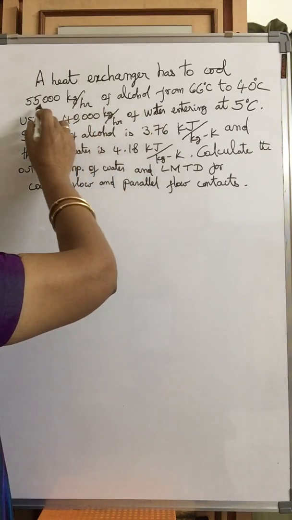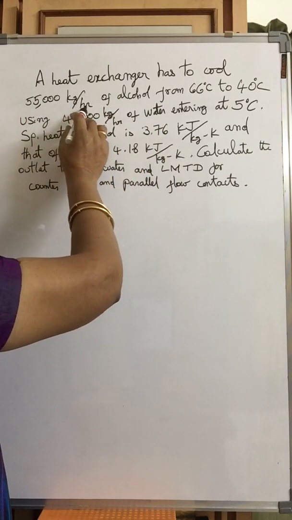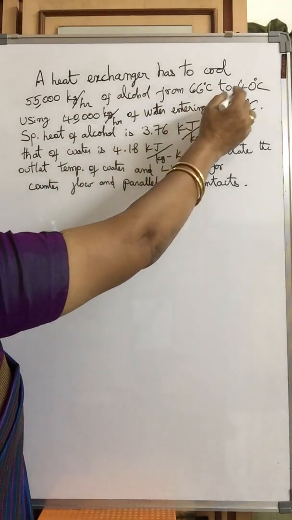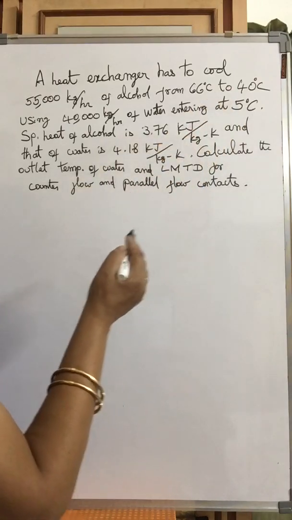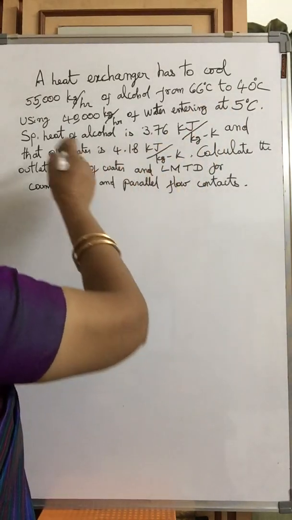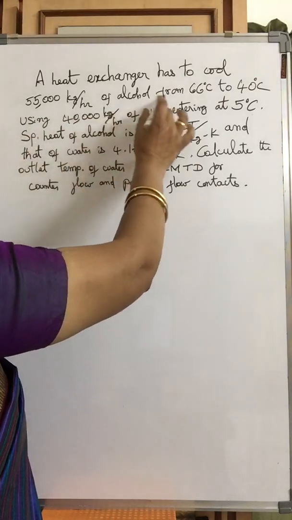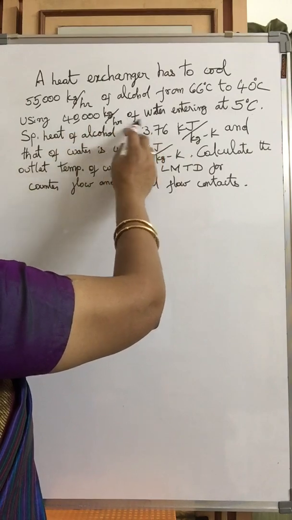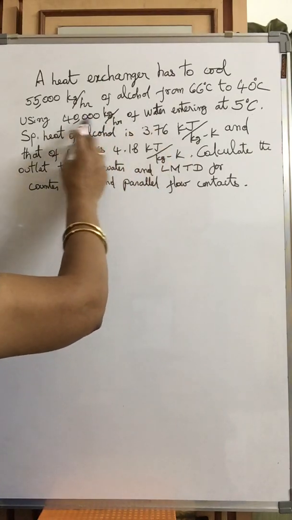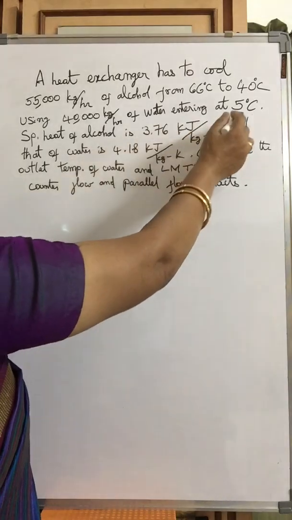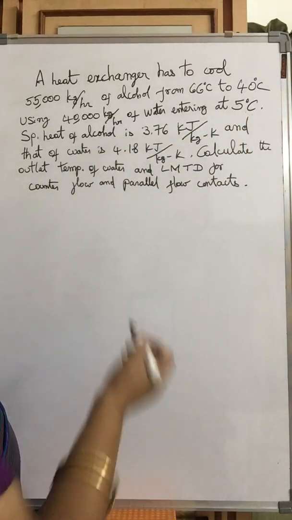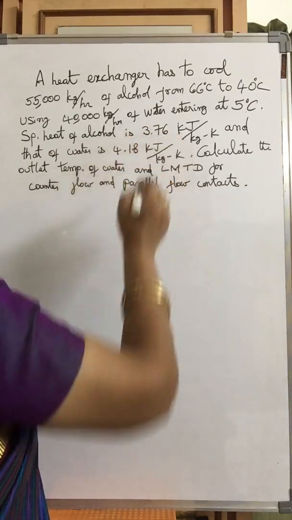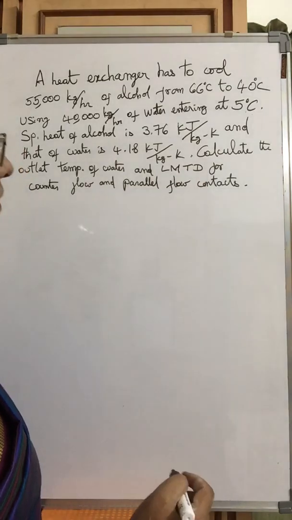So alcohol is flowing at a flow rate of 55,000 kg per hour, and the initial temperature of the hot fluid is 66 and it is dropped to 40 degrees centigrade because it lost its heat to water. This cooling of the alcohol is done by water, using 40,000 kg per hour of water flow rate, and water is entering at 5 degrees centigrade. Next, the specific heat of alcohol, Cp, is given as 3.76 kilojoules per kg per Kelvin